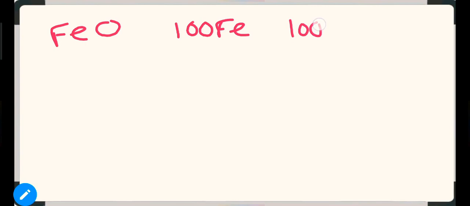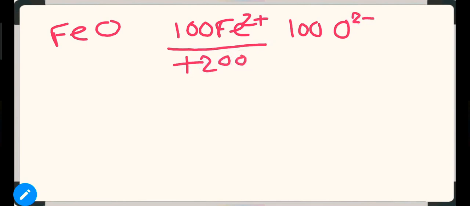Now let us use the example of FeO. But let us say this compound is not stoichiometric, so the ratio of Fe is comparatively lower than its standard ratio. So how is neutrality maintained? Suppose we have 100 Fe initially and 100 O. As we know, the oxidation state of Fe will be plus 2 and that of oxygen will be minus 2. So the total positive charge is plus 200 and the total negative charge is minus 200. So total neutrality is maintained.